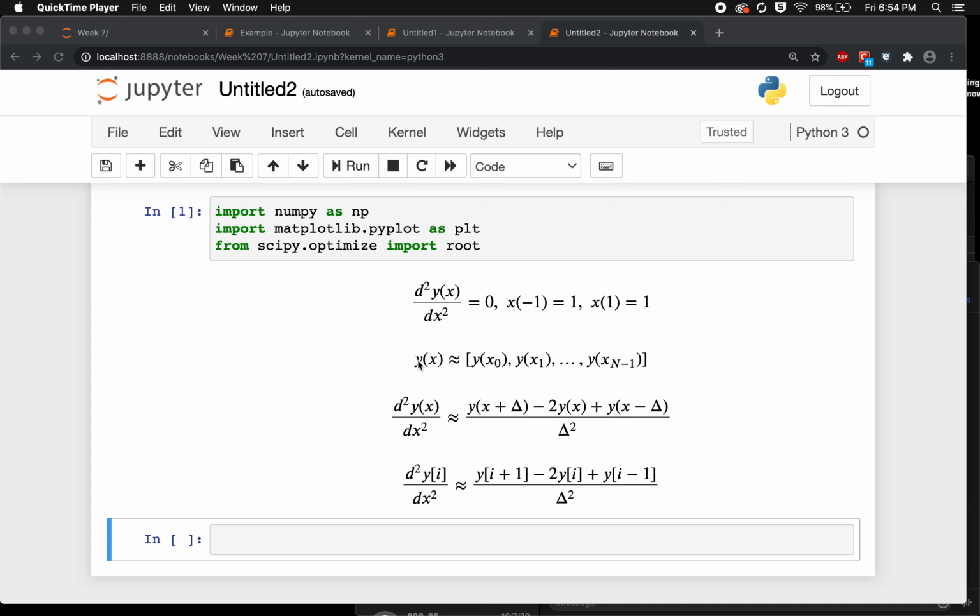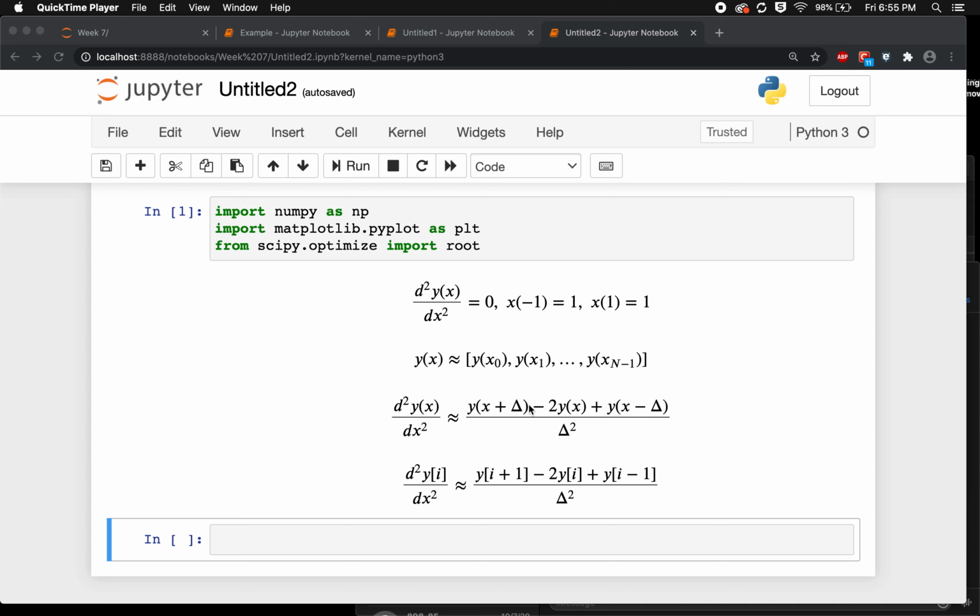The basic idea is we're going to take y of x and represent it as an array of points. So the points are going to be y at x of 0, x of 1, all the way to x of n minus 1, and these x's are going to be determined by a linspace from minus 1 to 1. Previously in the lecture, I showed you that the second derivative of a function is approximately equal to y of x plus delta minus 2y of x plus y of x minus delta, all over delta